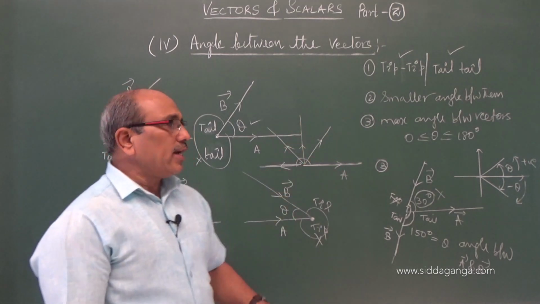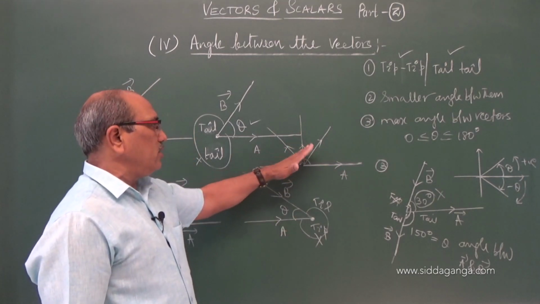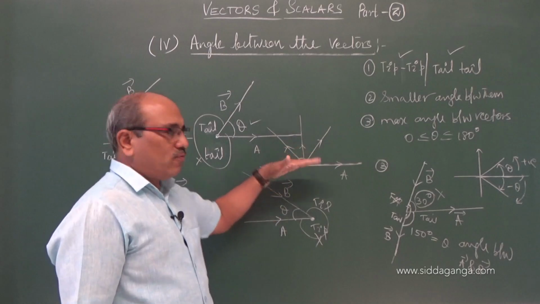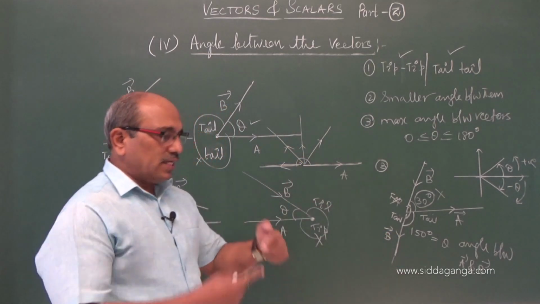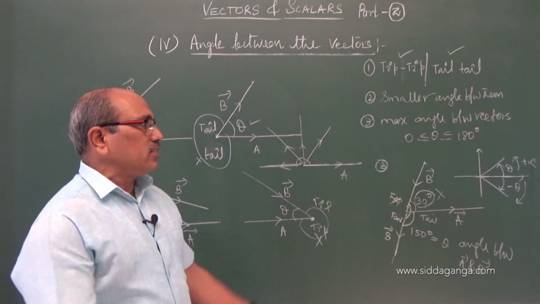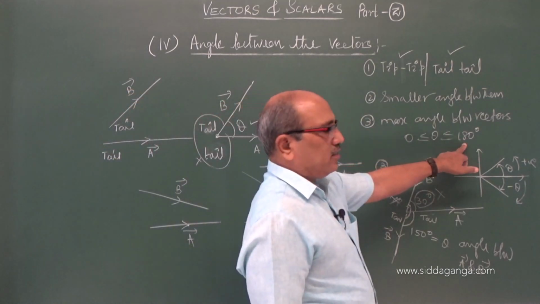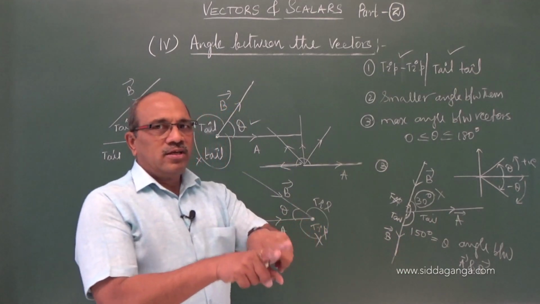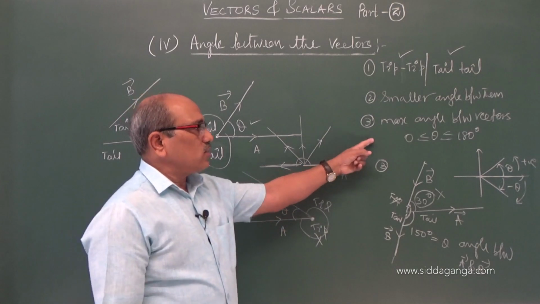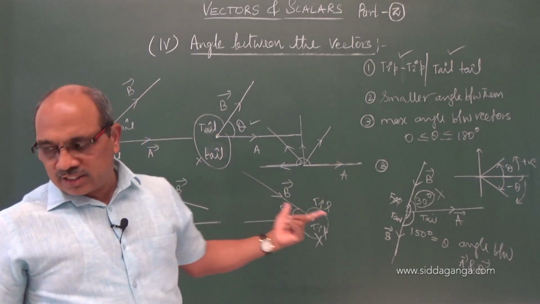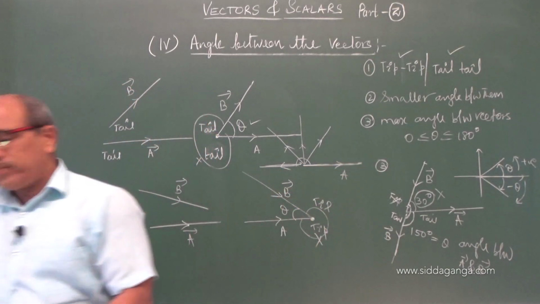And third, as you experience now, up to 180, no doubt this angle will be smaller. When you go above 180, this side angle will be smaller. Therefore, the maximum possible angle between the two vectors is how much? It is equal to 180 degree. Minimum is 0, both together. Maximum is when the vectors are going in opposite direction. That is what I have taken here. Let us come to one or two more examples.